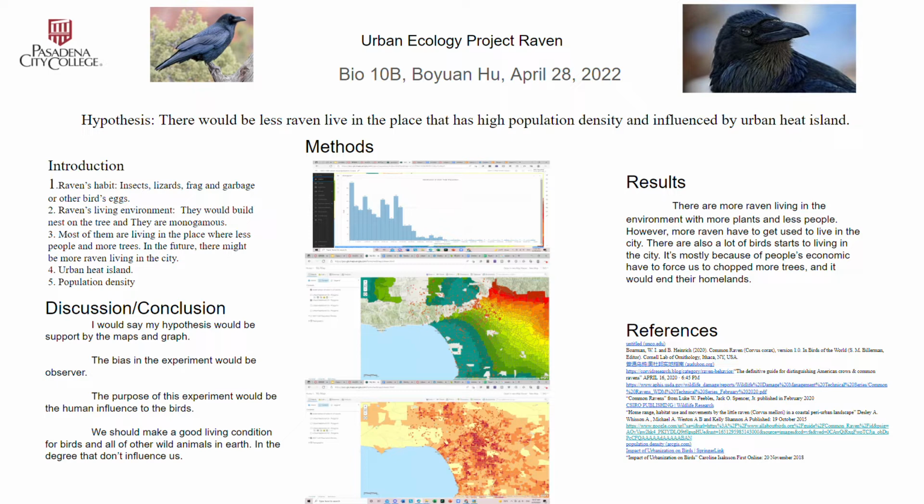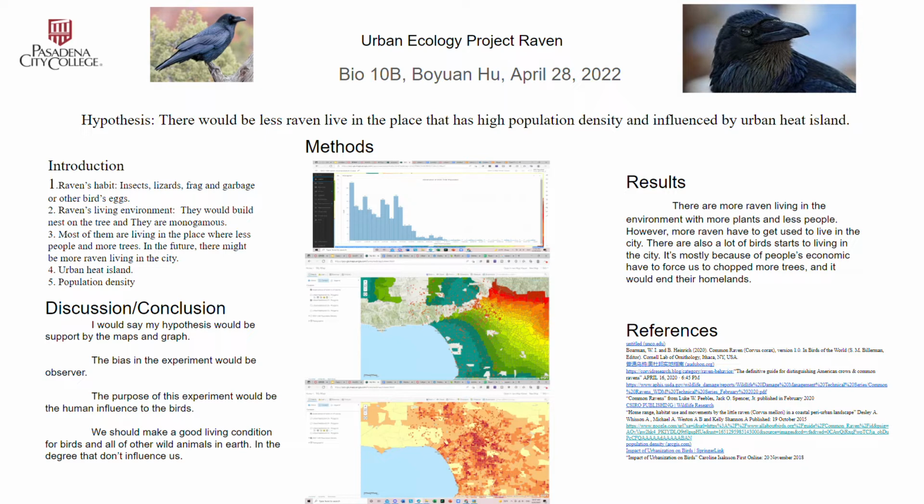The two factors I'm going to introduce today are first, the urban heat island. The urban heat island is the temperature raised by industrialization in the city, which means the city's temperature should not be that high, and it's the gas or other reasons that caused the temperature in the city to rise.